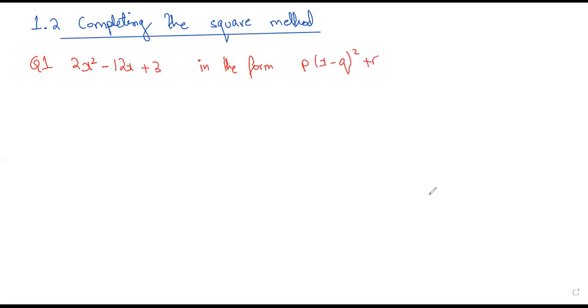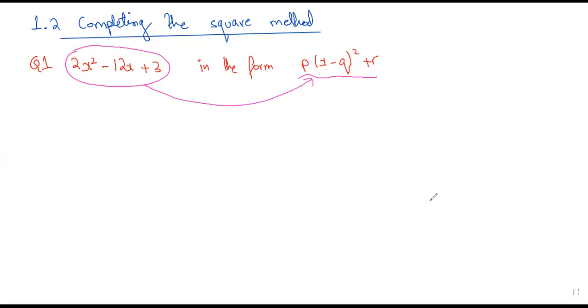Okay, now you would find a direct question from this section. The question could be that you need to express this quadratic expression right here in this form. So this means if you want to go from here to here, you need to apply the